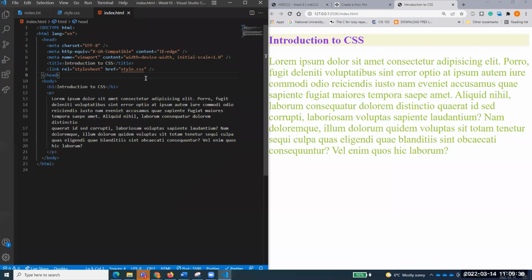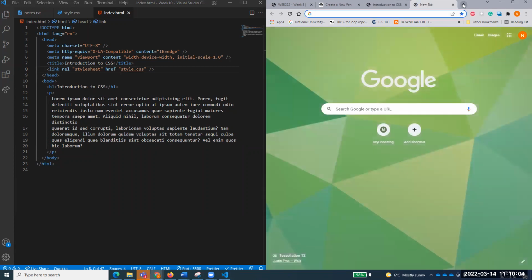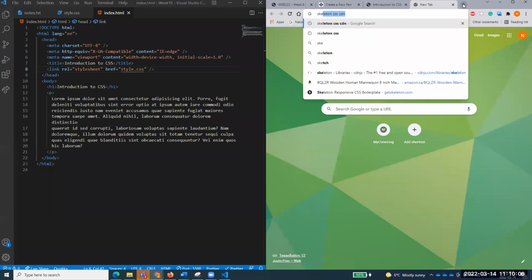Now, another very important point to note. We can connect to any number of style sheets we want in our document. And by the way, you will see that professionally we use lots of style sheets in one document, and we typically work on lots of style sheets while we are working on our document. I'll talk about that, and I'll tell you how we can do that. And one of the very important ones, let me tell you, there are certain already made